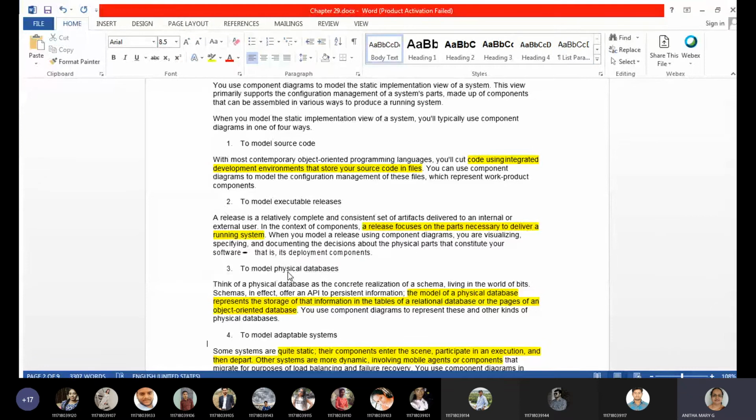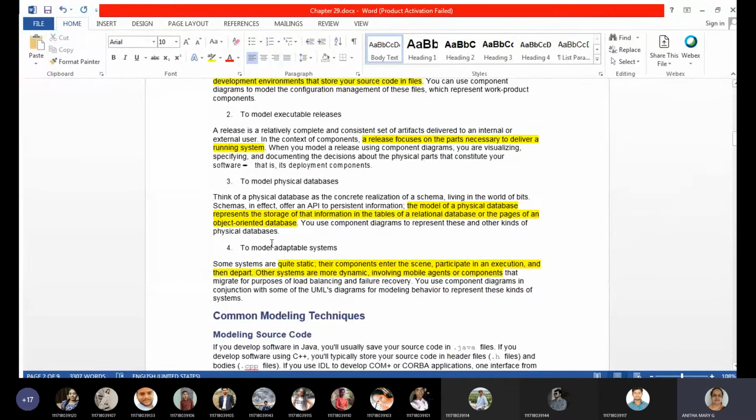And then adaptable systems. Adaptable means systems that serve the purpose of the current situation, and such systems we call adaptable systems.